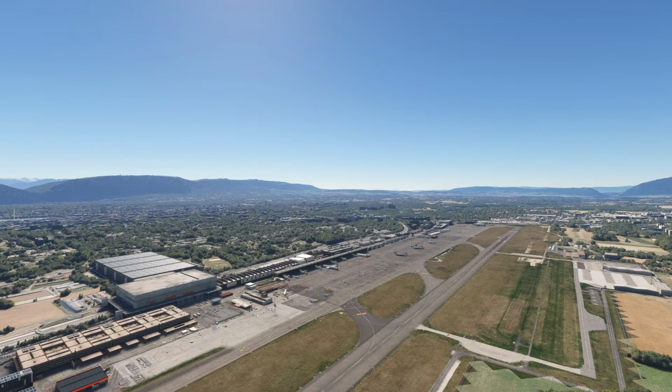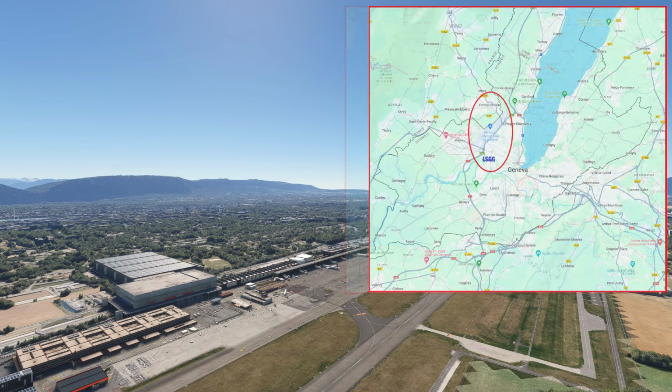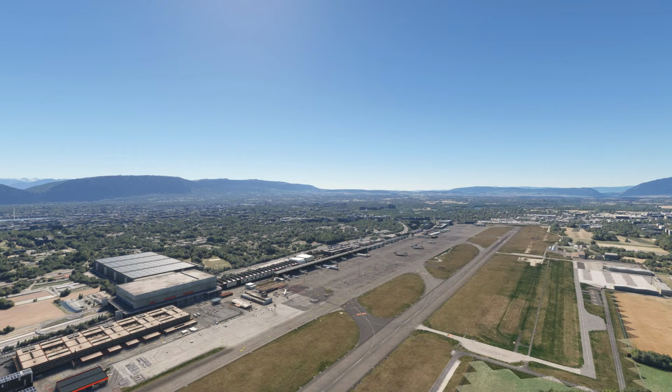So, history. Geneva Cointrin Airport, LSGG, formerly and still unofficially known as Cointrin Airport, is a public-use international airport owned by the Canton of Geneva and operated by the Geneva Airport Company. Geneva is the second most populous city in Switzerland, and the airport is located 2.5 miles, or 4 kilometers, northwest of the city centre. It surpassed the 15 million passengers a year mark for the first time in December